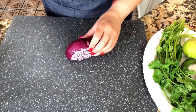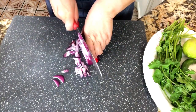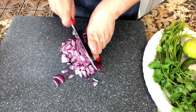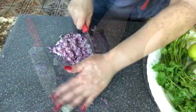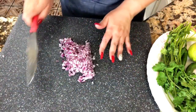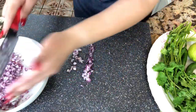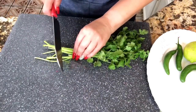I want to start with my onion, and I'm going to go ahead and cut my onion, and then in little squares, and then I'm going to just go ahead and dice it completely. We want to make sure that everything is really nice and diced. The pieces have to be really small. So really take your time doing this step. I have a plate here where I'm going to transfer the onion, and now I'm going to continue with the